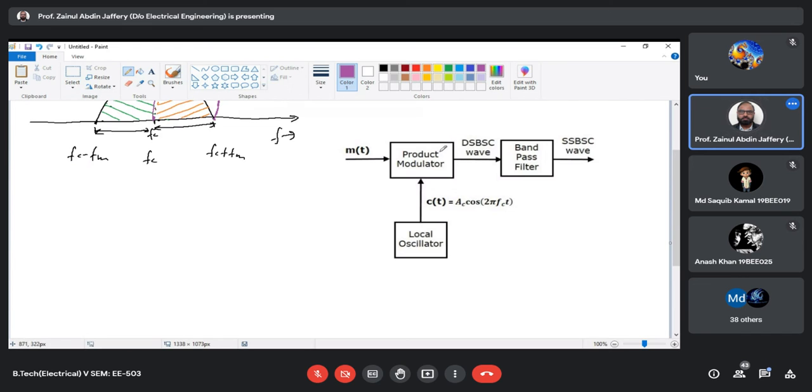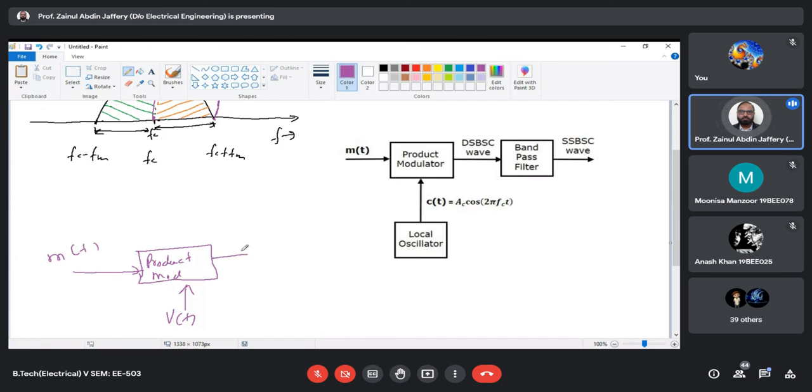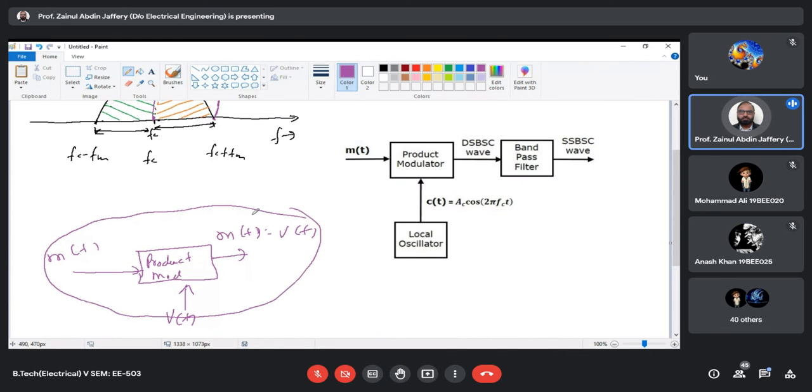So product modulator simply क्या करता है, अगर इन नटशेल हम बता दें, तो ये आपका प्रोडक्ट मॉड्यूलेटर हो गया, राइट. और आपने यहाँ पे लगा दिया m(t), और यहाँ पे लगा दिया v(t). तो इन दोनों का आउटपुट क्या मिलेगा, प्रोडक्ट ऑफ दिस टू सिग्नल m(t) इंटू v(t). तो ये आपका प्रोडक्ट मॉड्यूलेटर. और इसकी सर्किट कैसे बनेगी, वो रिंग मॉड्यूलेटर बना रखा हमने आपके लिए. In fact दोनों मॉड्यूलेटर जो आपने दिया है